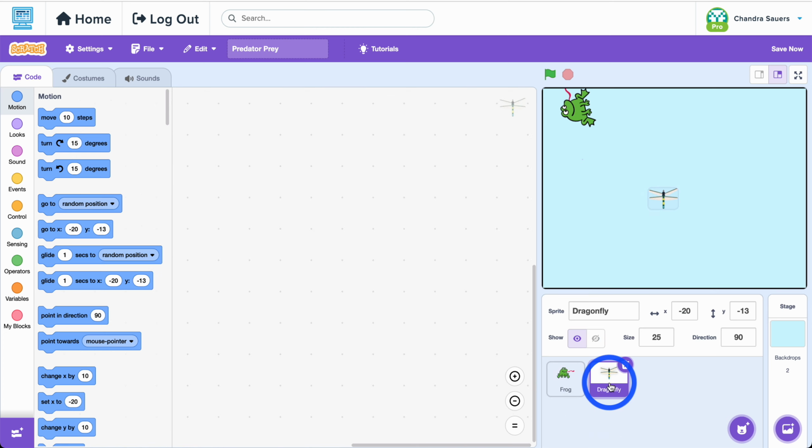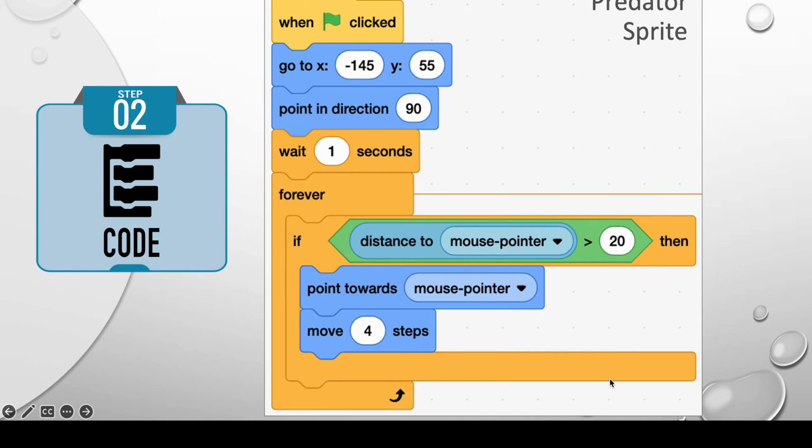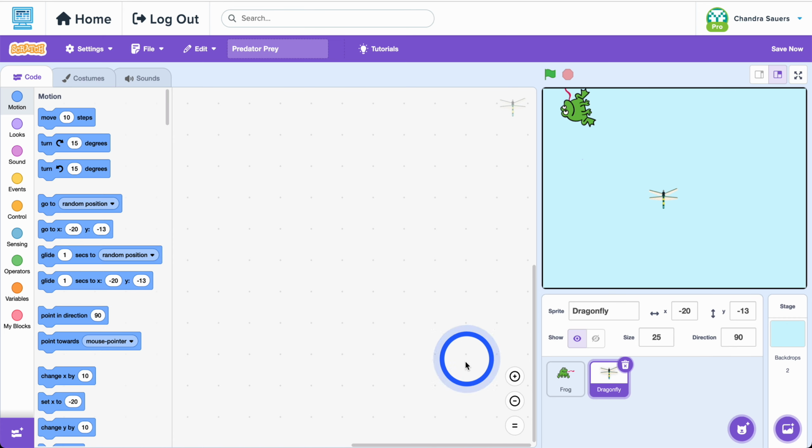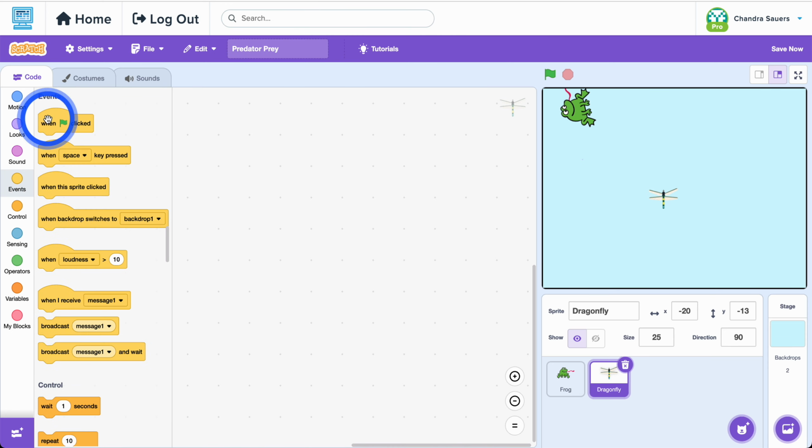I'm going to go into my coding for my dragonfly. With my prey sprite, when the green flag is clicked, it also has a starting spot, but you'll notice there's a lot of show and hides, and there's this sensing in the conditional. If it is touching my predator, it's going to start a sound, it's going to hide, it's going to go to a random position. So making sure you're on your prey sprite, come grab a when green flag is clicked,